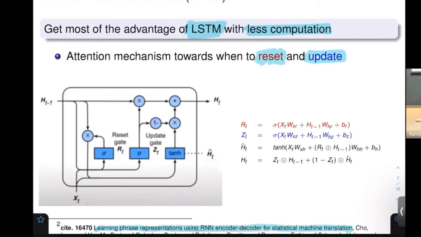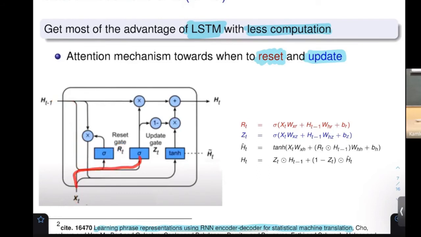And using these things only, you can simplify the circuit and tell what is the right way. Again, the same way, here, let me tell you that it is not going to maintain the context. It is going to say what was the earlier hidden state and what is the new hidden state. And here I'm going to provide something. So let me tell you this circuit, okay? At the time t, I'm going to provide some input. This input and the previous thing have been fed to this particular circuit to find out what to reset.